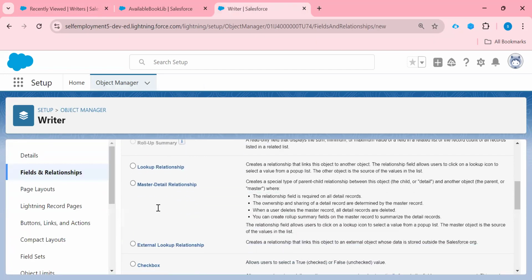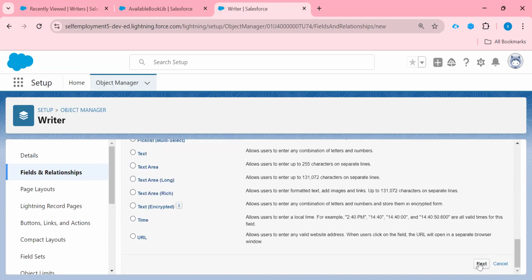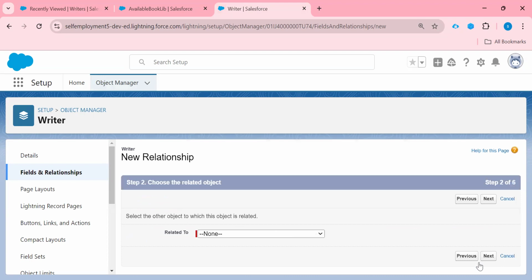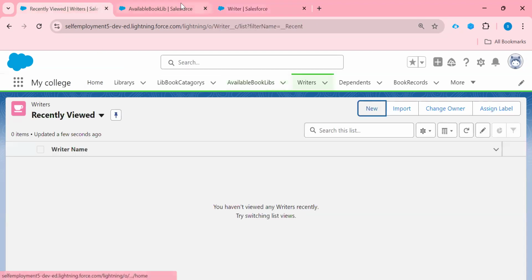Here master detail relationship is available, right? Just click here, and next. It is related to my available book library.